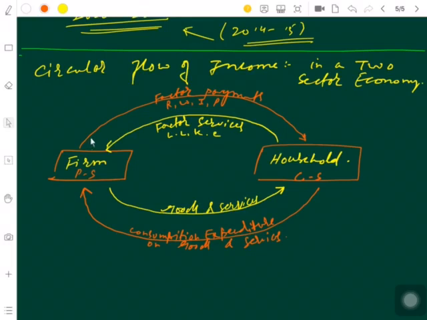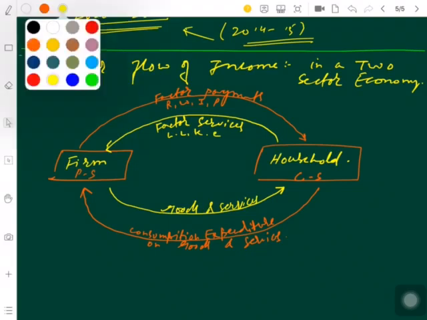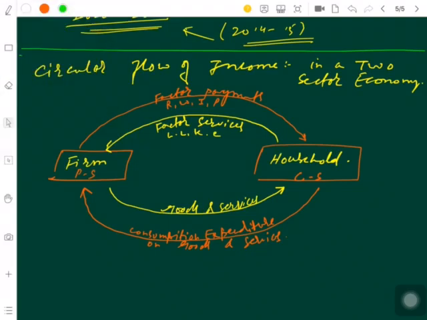And in return to it, the firm will pay factor payments, for land the rent, for labor the wages, for capital the interest, and for entrepreneur the profit. So this is how it works. We can include and put many more things in these very two sectors, but the most important thing I would like to talk about here is that